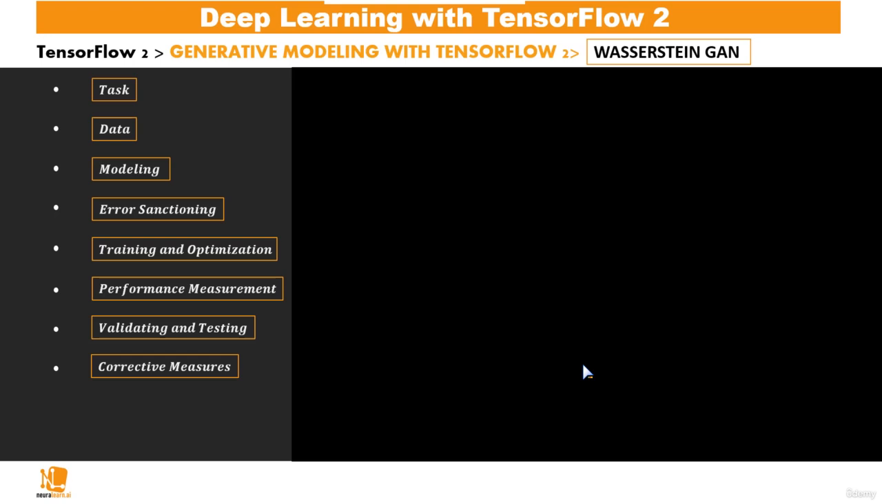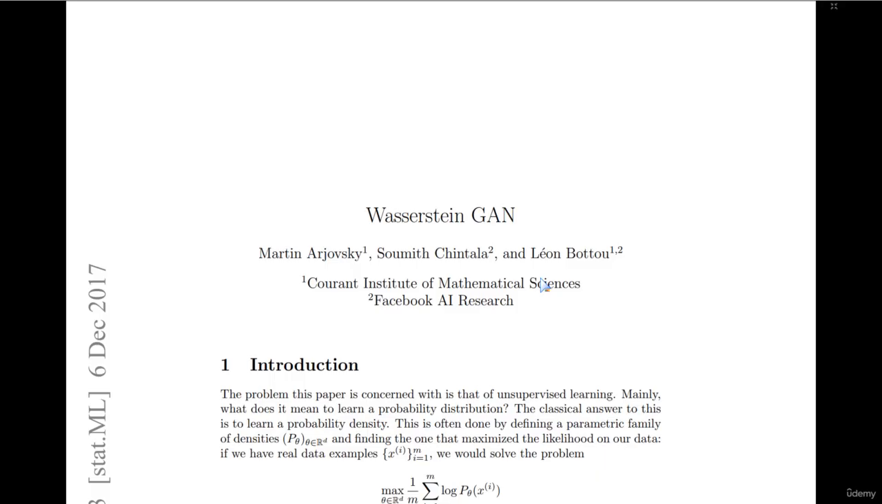Welcome to the section on corrective measures. To correct some of the problems we may face while training the GANs, the W-GANs, or better still the Wasserstein GANs, were developed. In this paper by Martin Arjovsky, Soumith Chintala, and Léon Bottou, they present in depth the